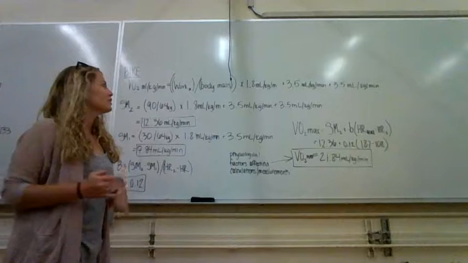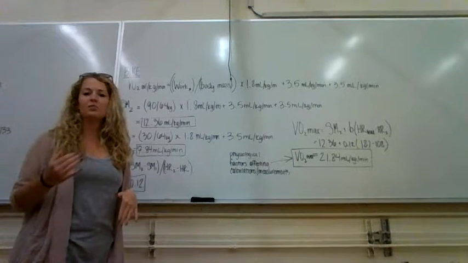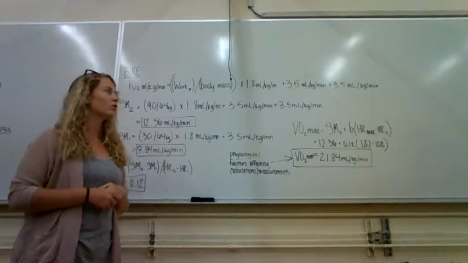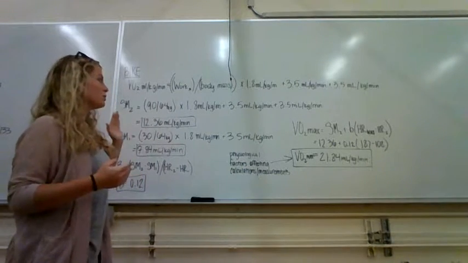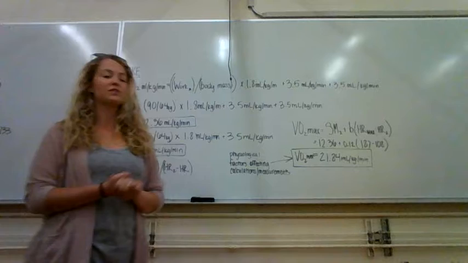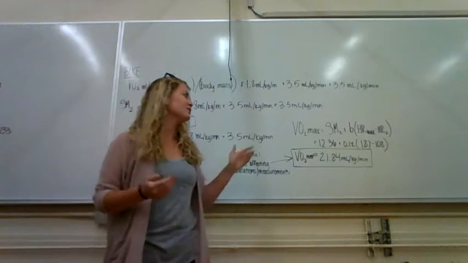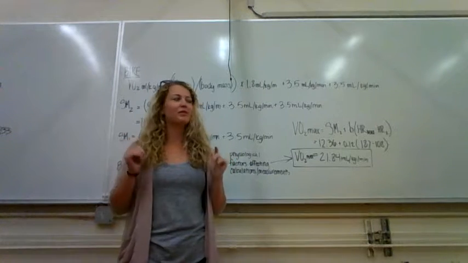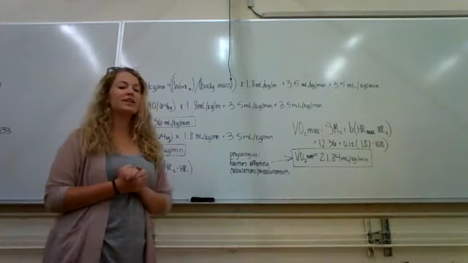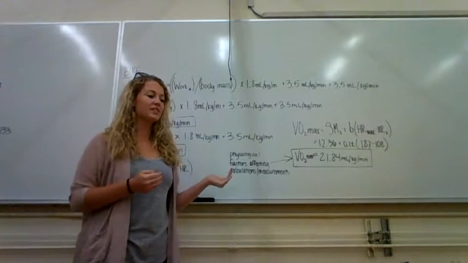Using our data that we collected, we were able to plug our numbers into a standardized equation for the bicycle ergometer test, and once we were able to calculate her approximate VO2 max, we were able to determine that it would be 21.84 milliliters per kilogram per minute, but we deliberated as a group that this is unrealistic